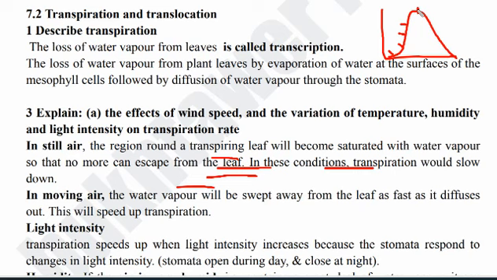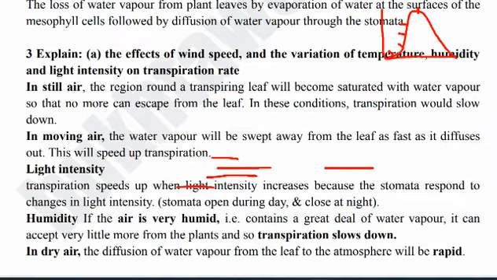If we talk about light intensity, the rate of transpiration is also affected by light intensity, because if there is more light, the stomata will open and there will be more chances of transpiration during the daytime. During the night the stomata are closed and there are fewer chances of transpiration. Transpiration जो है वो slow होगी. So when light intensity is high, the rate of transpiration भी ज़्यादा होगी, and if light intensity is low, the rate of transpiration will be low, because when light intensity is high, the stomata are open during the day, and the rate of transpiration will be more.